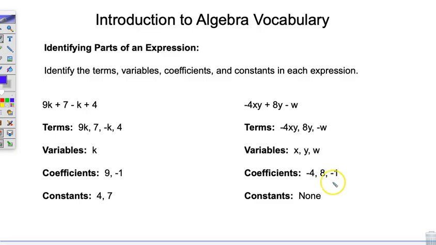The coefficients are going to be those numbers in front of the variable. So we have negative 4, positive 8, and negative 1. And there are no constants in this